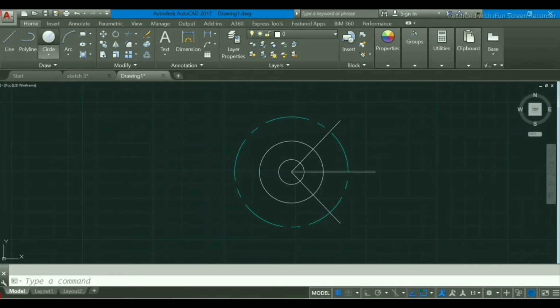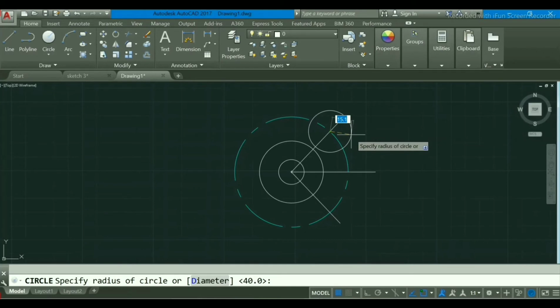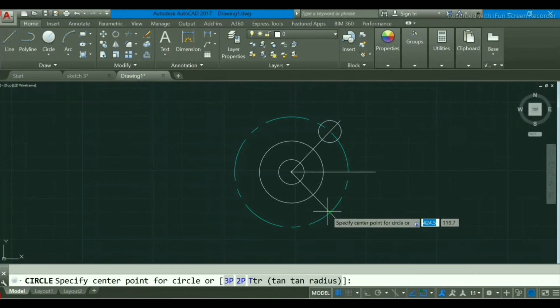Now again go to circle here. Select one intersection point. Make one circle and make here 8 mm radius. OK. Again go to circle here.